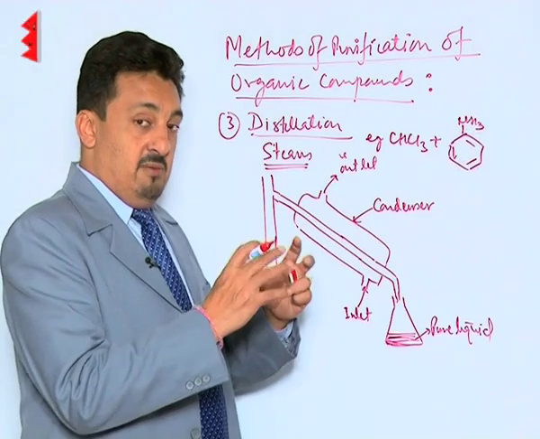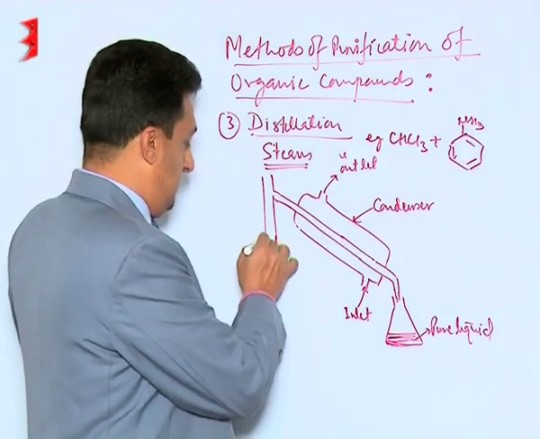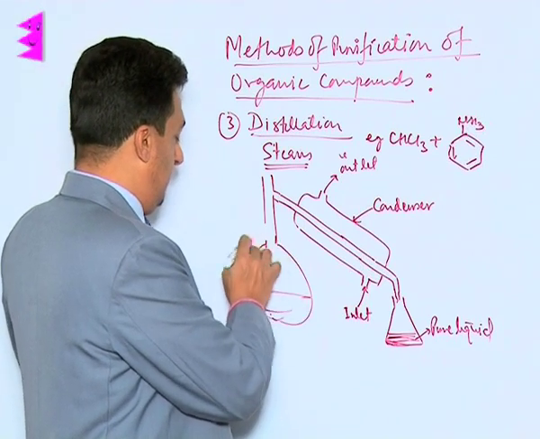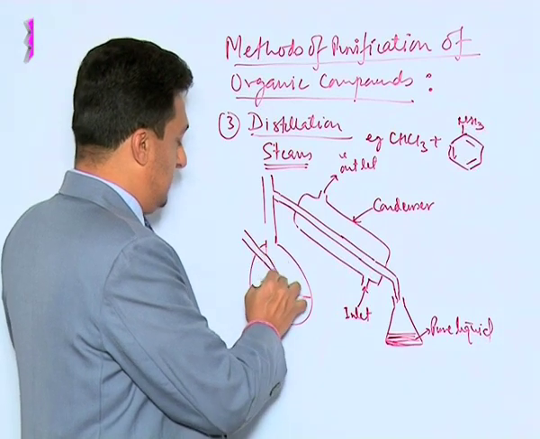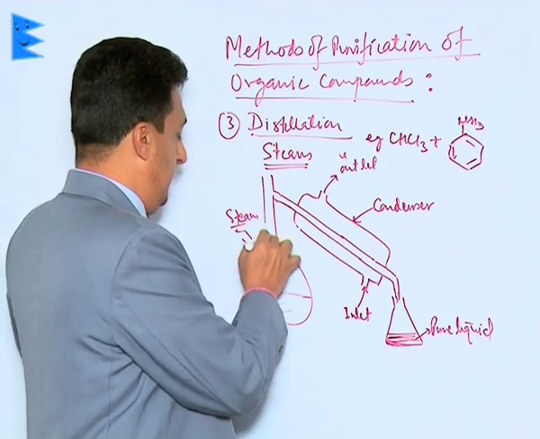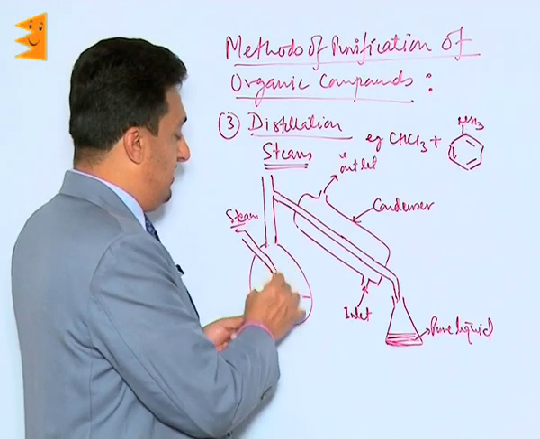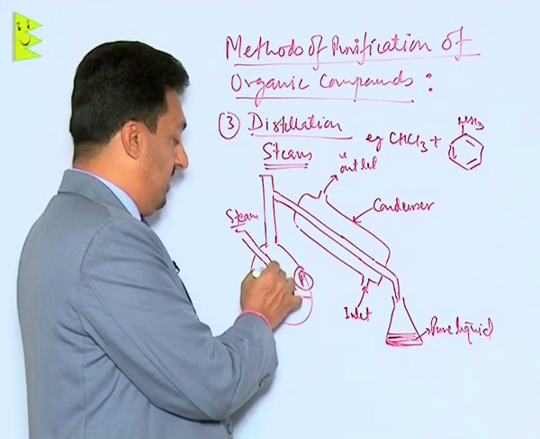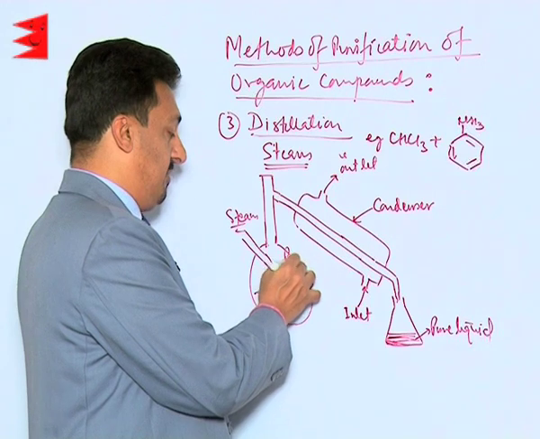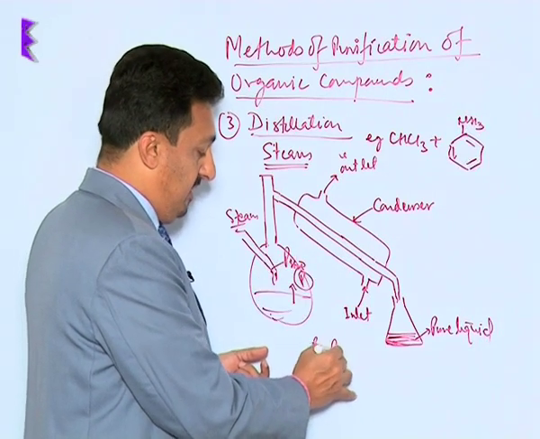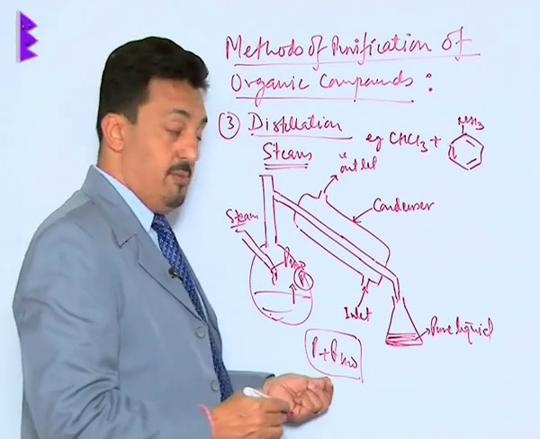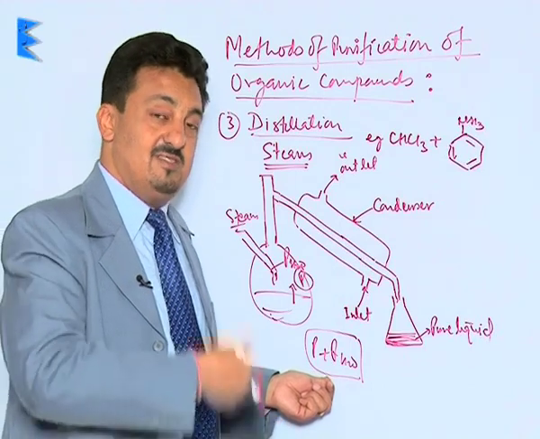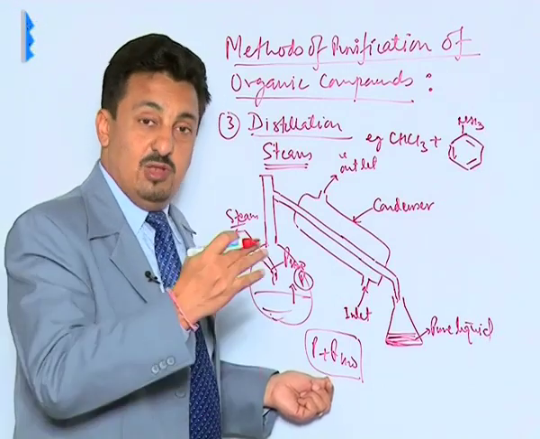What we do in this is that the steam is being introduced along the side, like here. From here, the steam is being introduced into this flask. Once the steam is introduced, the total pressure is the vapor pressure of the more volatile component plus the steam's vapor pressure. So the P of the component plus P of the water vapor together makes the vapor pressure of the substance much higher, and that particular substance starts boiling much below its normal boiling